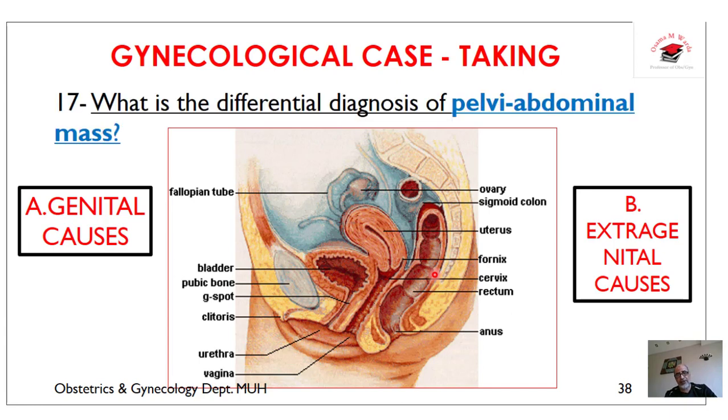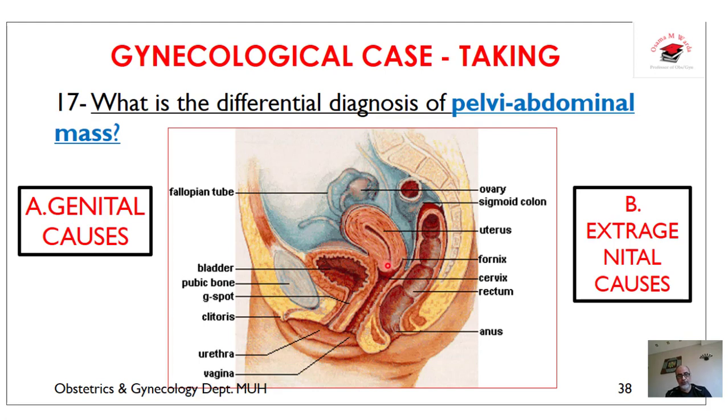What are the differential diagnoses of a pelvi-abdominal mass? This diagram simplifies remembering the causes. The cause may be in the genital tract or extragenital. Genital includes uterine causes, cervical causes,